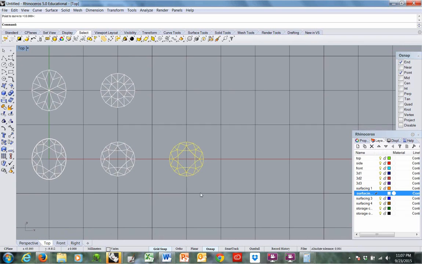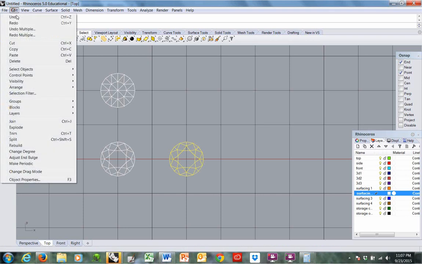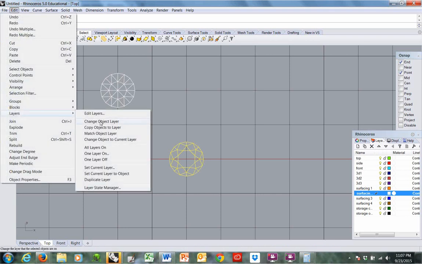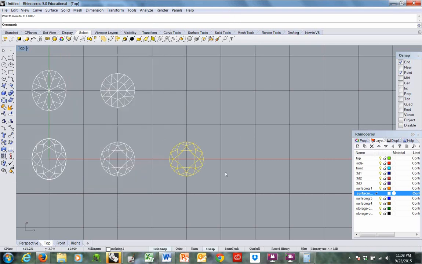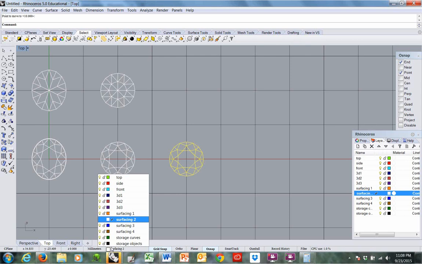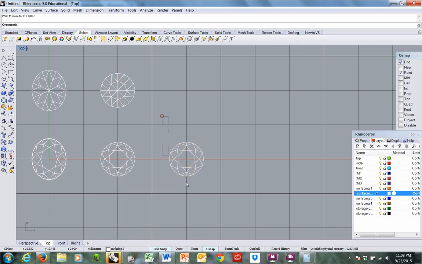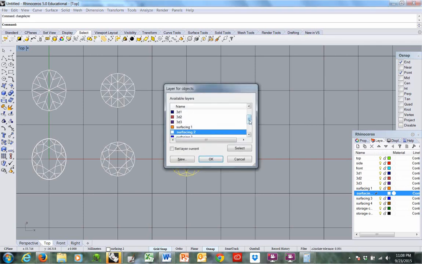To change the layer, I have a few options. Edit, Layers, Change Object Layer. That's one way. Go down to the Layers box here on the status bar. Click, pick the layer I want it to go to, right click, and change object layer. That works too. But for the purposes of our class, we're going to use our keyboard shortcut, which is Control-D, change layer. I'm going to put it on the red layer,